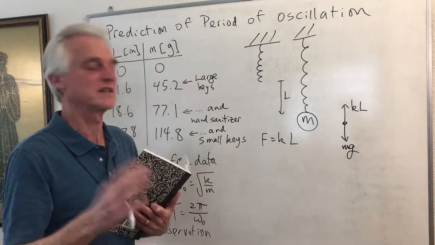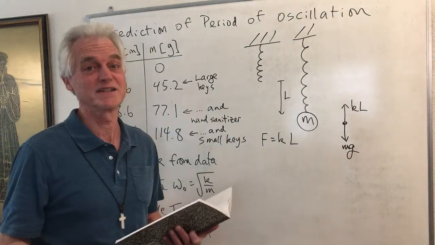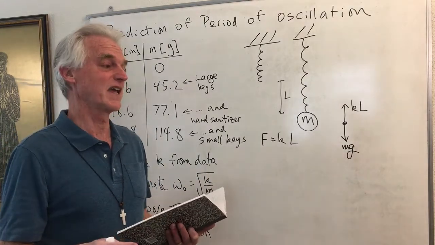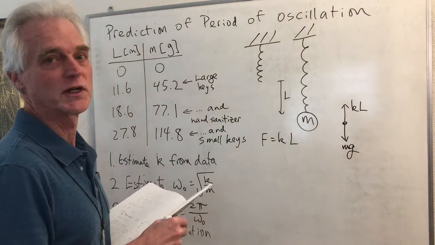By the way, Hooke was a contemporary of Newton, who would have been one of the best scientists in his day if it weren't for Newton. So, kind of sad for Hooke. Anyway,